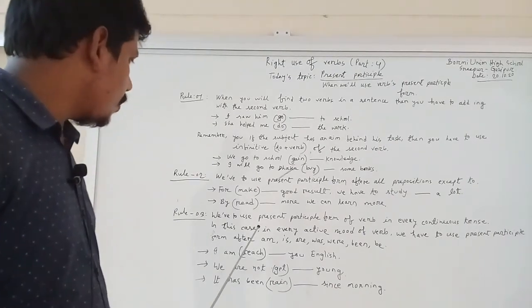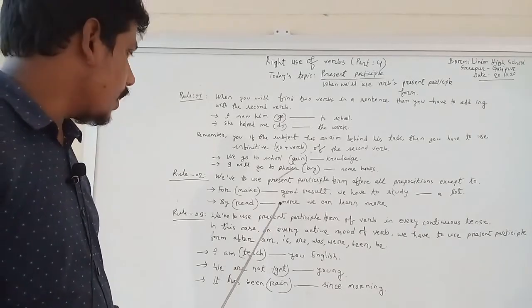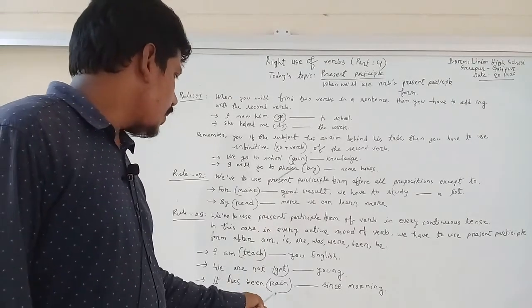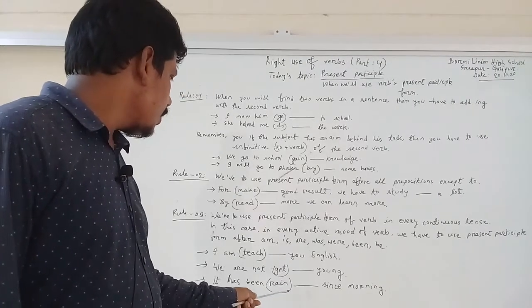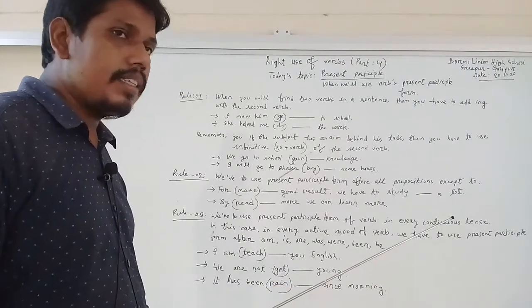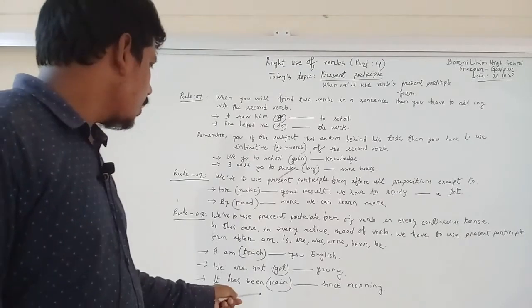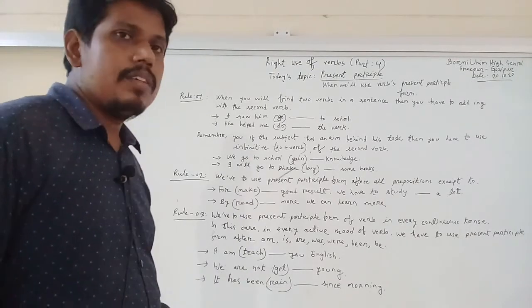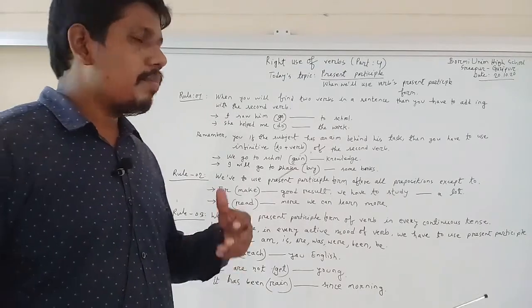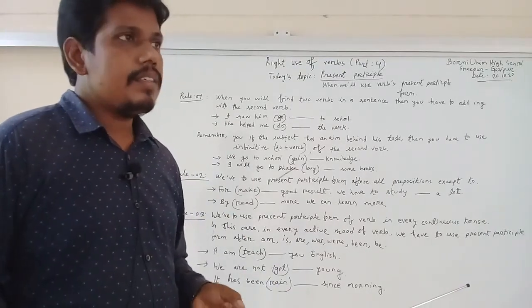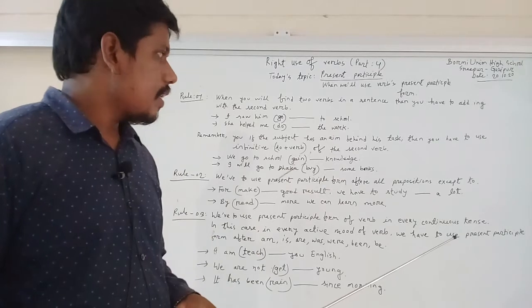Which form of verb will you use here? You must use present participle form because it indicates present perfect continuous tense, and this is why you have to use ing with rain. So, dear students, we have discussed present participle form today, and you must practice at home,